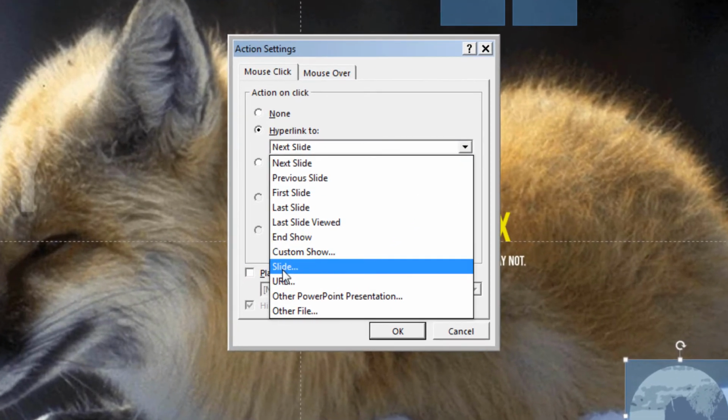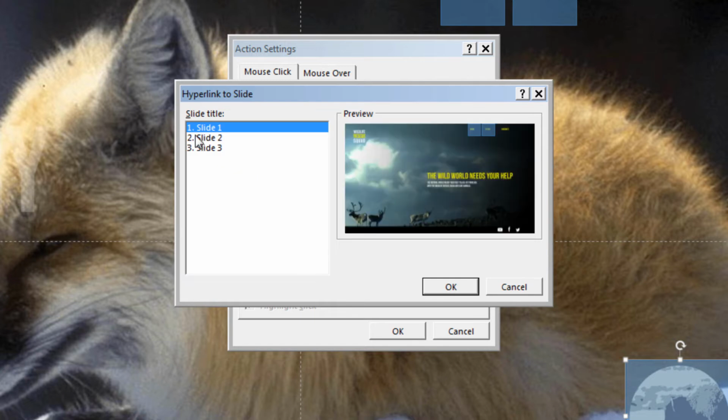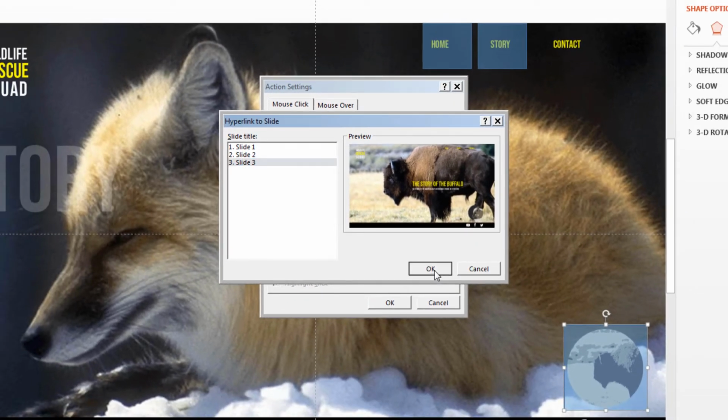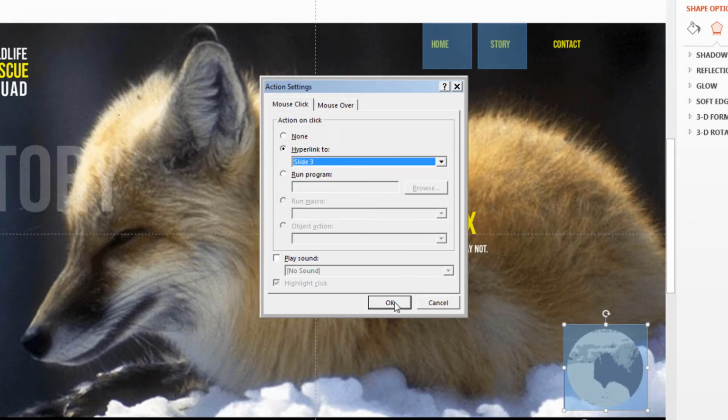So what this is going to allow me to do is make this nonlinear and go to any slide I want. So I'm going to go to the third slide, even though it's the next slide. If we had different icons at the bottom, we could go to the individual icons for the different animals by clicking on the hyperlink to the slide. So I'm going to go right here to the buffalo, click OK, click OK again,